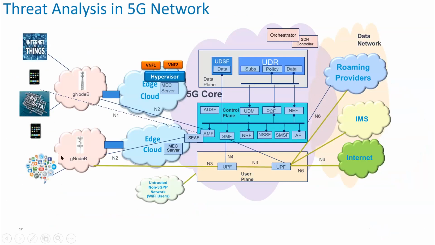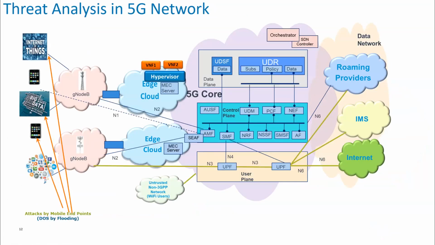You have end users, applications, G Node Bs, which are the RAN network, and edge cloud to support ultra low latency applications. Then you have data plane, user plane, control plane, which is a deviation from 4G, and then you have Wi-Fi type networks, roaming partners, internet, etc. So if I want to see how the threat looks, where the threat might come from, it could come